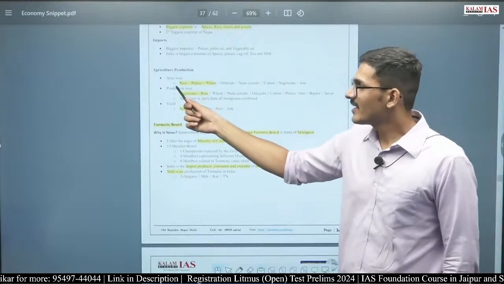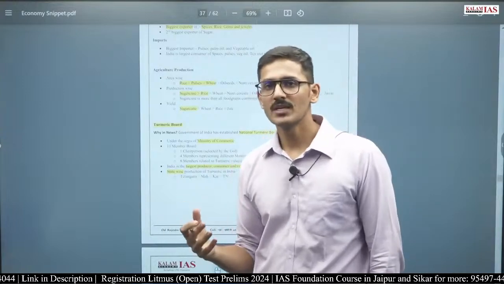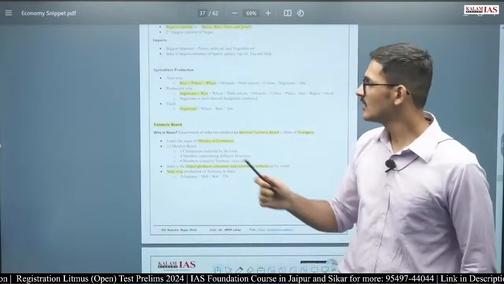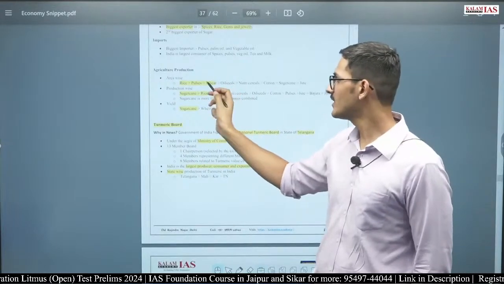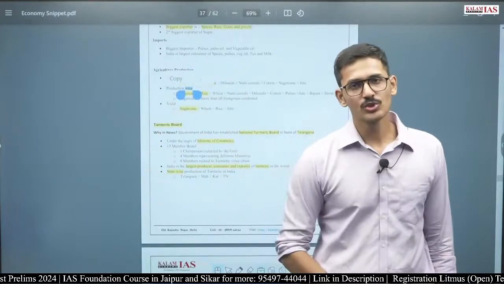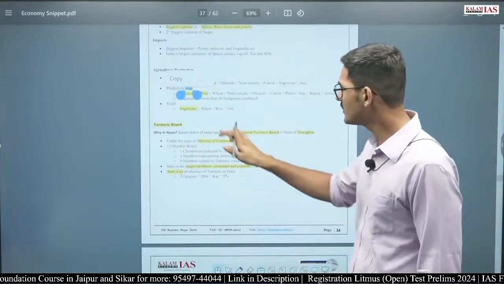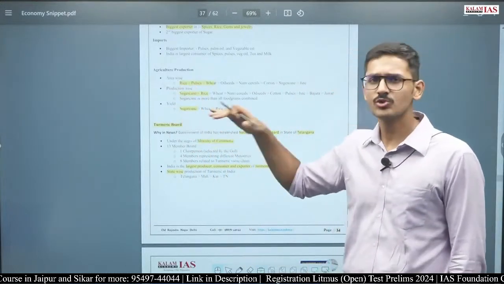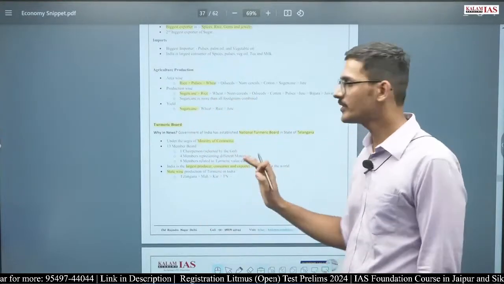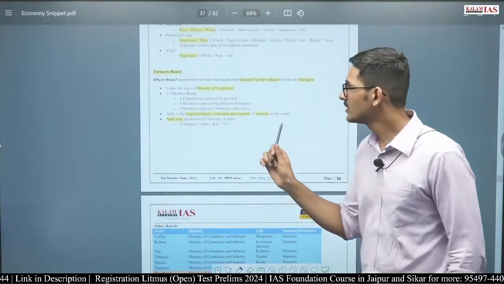In agriculture, area wise, when we look at which crop is grown in how much total cultivated area, we see that rice has the highest cultivated area in our country, followed by pulses and wheat. Earlier, wheat was more than pulses, but recently pulses have overtaken wheat. So you should know rice, pulses, and then wheat. Production wise, sugarcane has the highest production because the yield of sugarcane is much higher than all the other crops combined. Recently, the National Turmeric Board was formed.